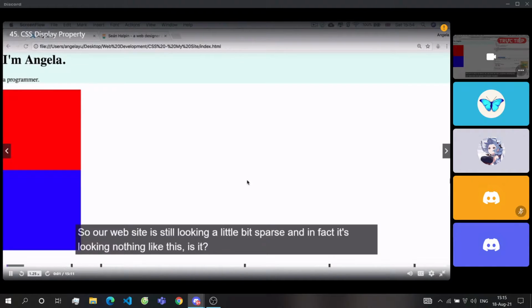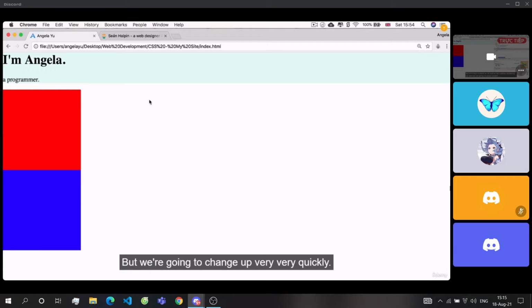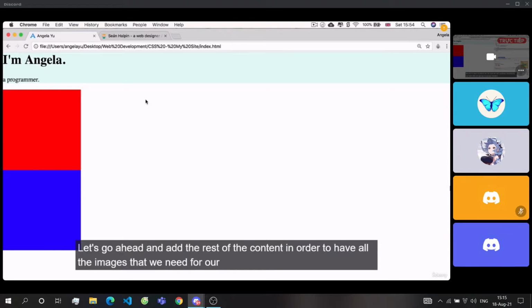All right, so our website is still looking a little bit sparse, and in fact, it's looking nothing like this, is it? But we're going to change that very, very quickly. Let's go ahead and add the rest of the content in order to have all the images that we need for our top section. Now, in this lesson, if you look at the resources, you'll find a zip file that